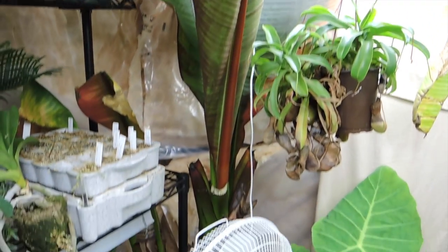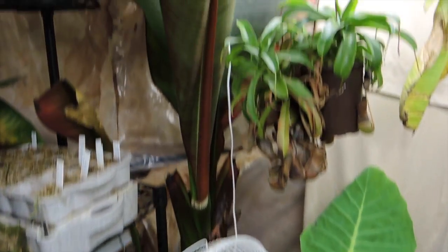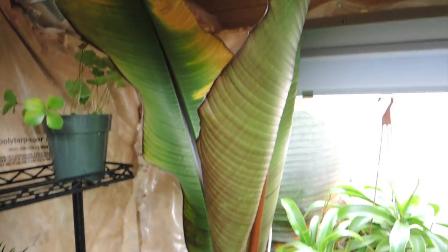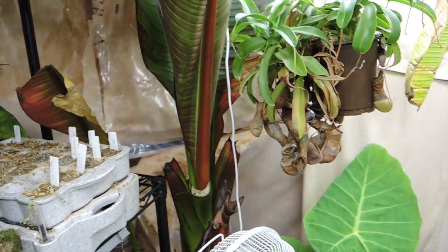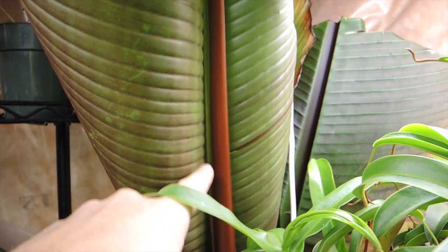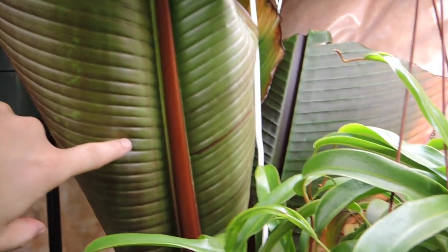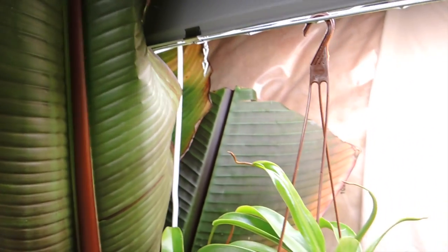The bananas, this is the red banana, and it is crushed up against the ceiling. Not much you could do about this. I'm keeping it on the dry side. Spider mites, I've noticed that along the ridge here, when I usually spray it, the water just beads up on top of the webbing. Let's see if it'll do it right now. I'll grab the